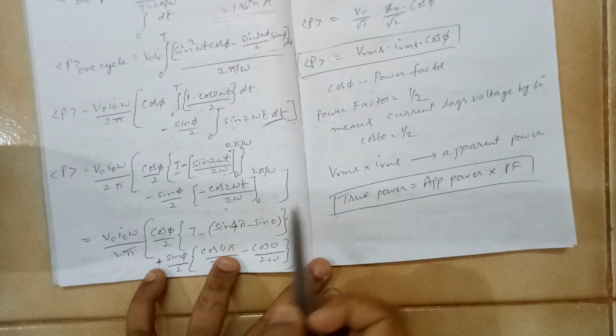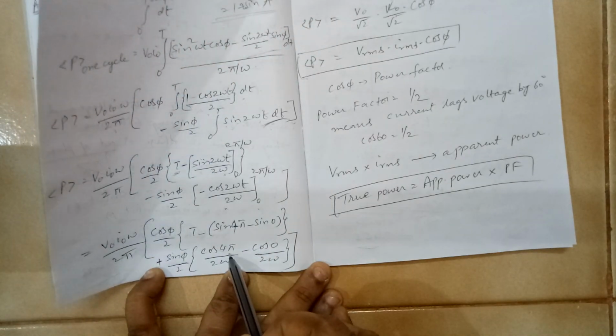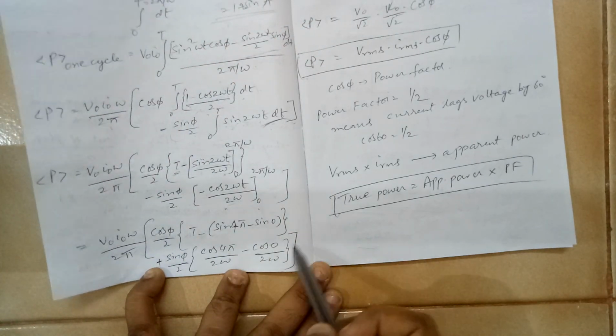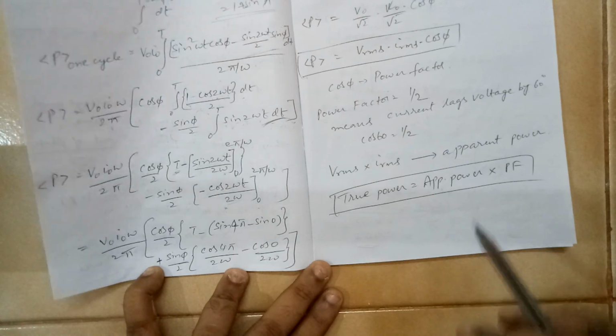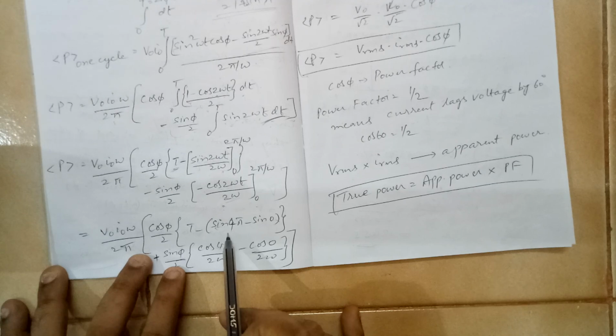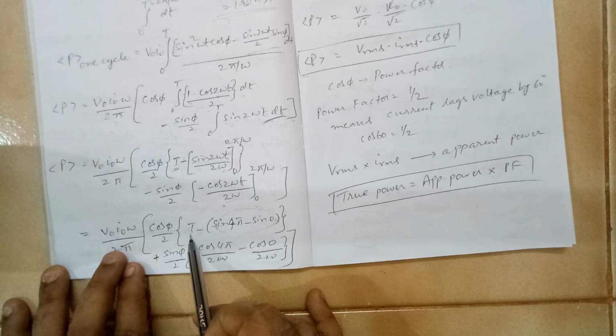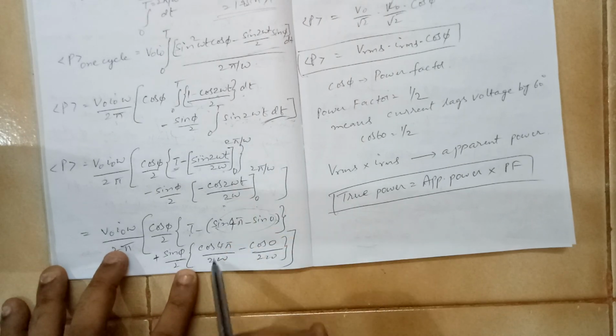Okay, now come to this term. Here it is 2 omega into 2 pi by omega. So it is cos 4 pi divided by 2 omega, and when you put 0, it is cos 0. If you see the first term, it is 0 minus 0, this whole term will become 0. You are left with only t, and what is the t value? It is 2 pi by omega.